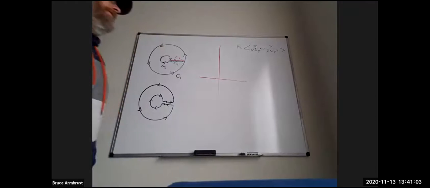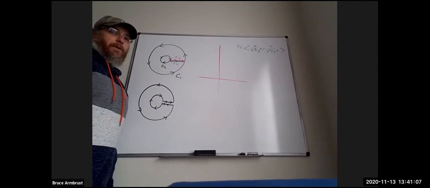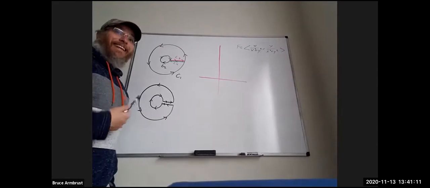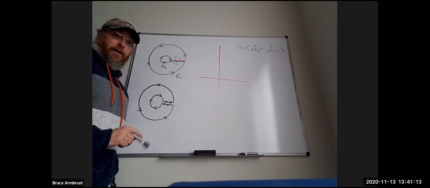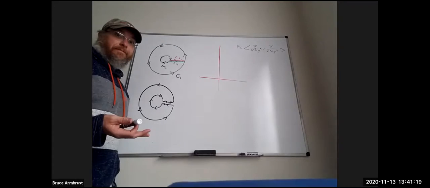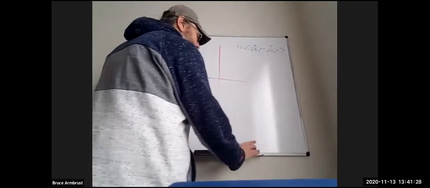Okay, so let's say our field is x over x squared plus y squared and y over x squared plus y squared. So that field is defined everywhere except for the origin. So anywhere else is fine, but the origin's a problem. So then suppose I said, okay, well, I want to do a line integral